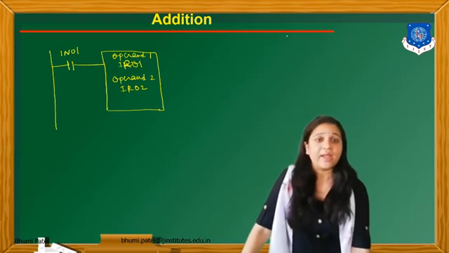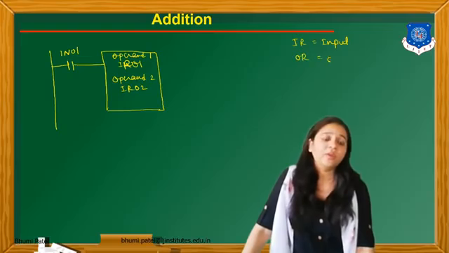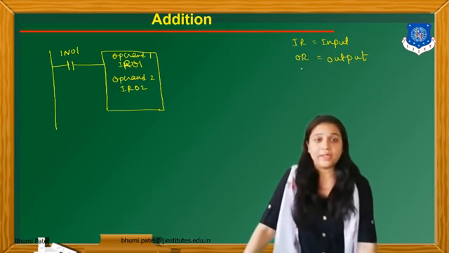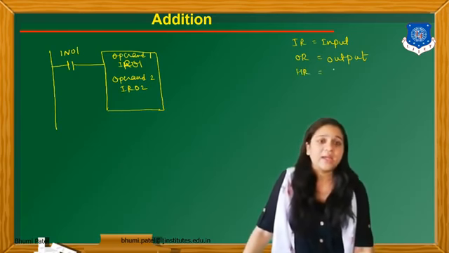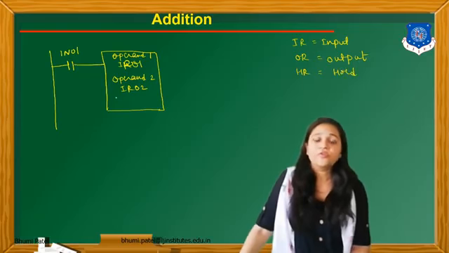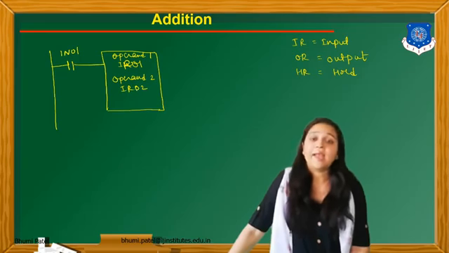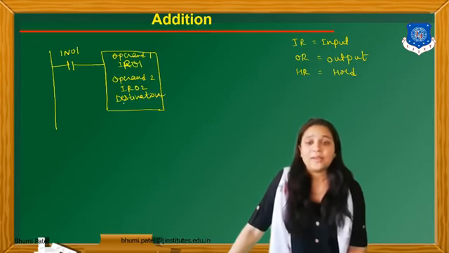What is IR? IR is known as the input register. Now in the output form we have used OR. OR is known as the output register, and in some cases if we require to hold the data, at that time we can write HR. HR is known as the hold register. So for operand 1 and 2 we can write IR01 and IR02. We can also write HR01 and HR02, and whatever the addition is, we can save this data in the particular destination, and the destination address is OR01.